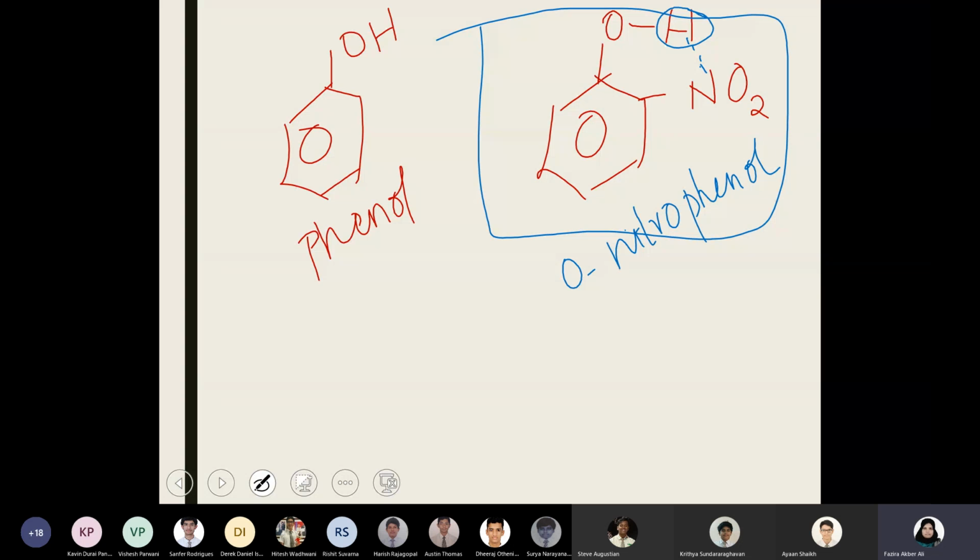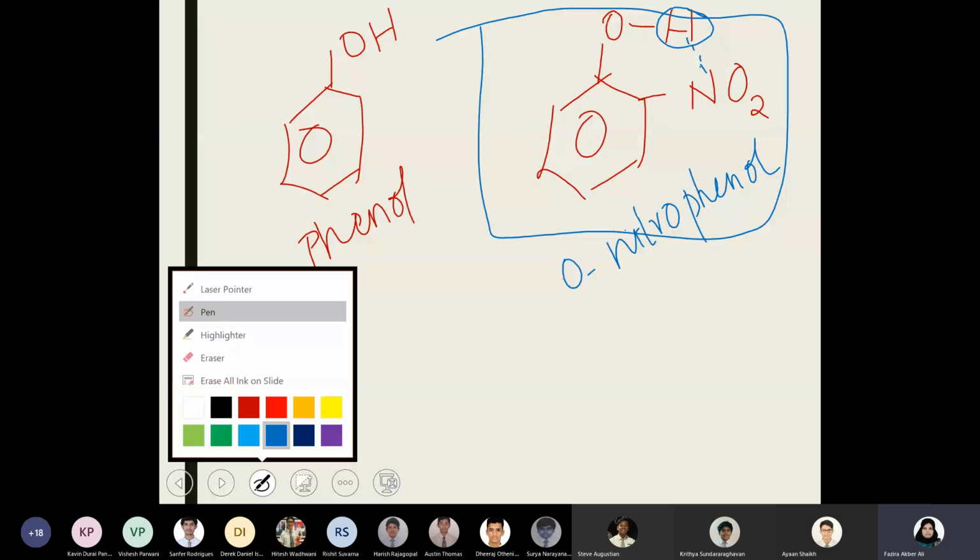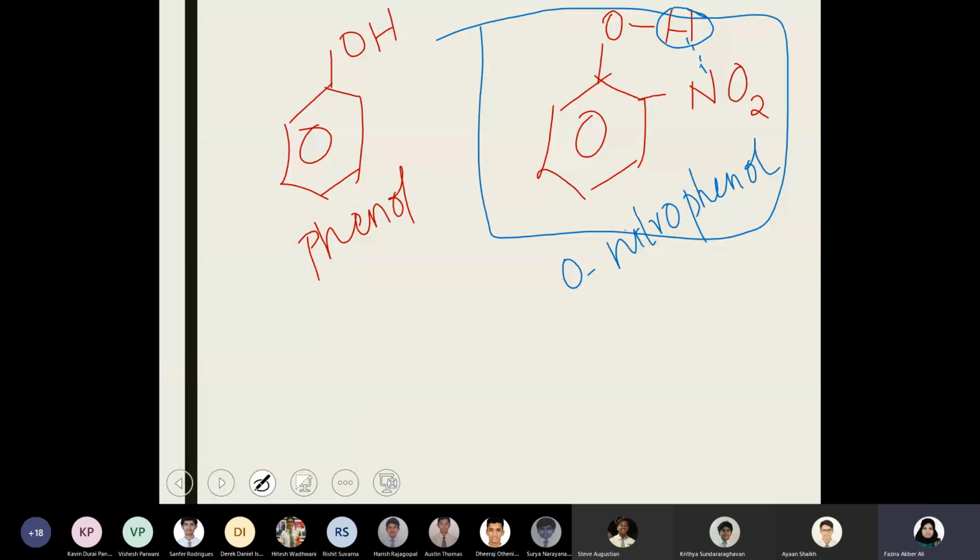Here we use O. O stands for ortho. That is a position when OH and NO2 come adjacent to each other, the neighboring position. Orthonitrophenol. Don't get confused with the name, because you're going to learn in detail later. But I want to show one of the important questions which you will get in a competitive exam. You have another molecule of the same molecular formula, phenol, that is benzene with OH. But this time the NO2 group is